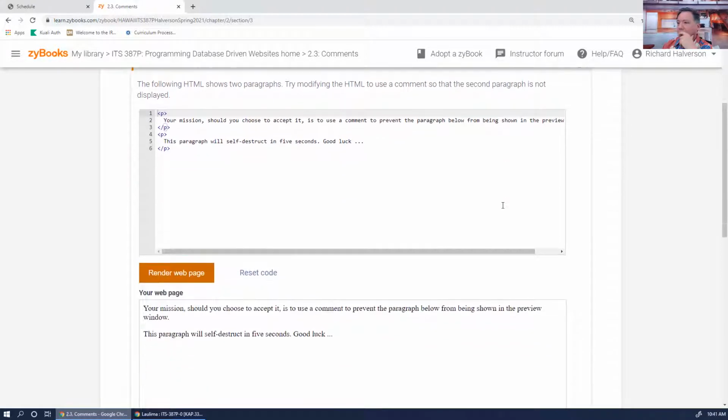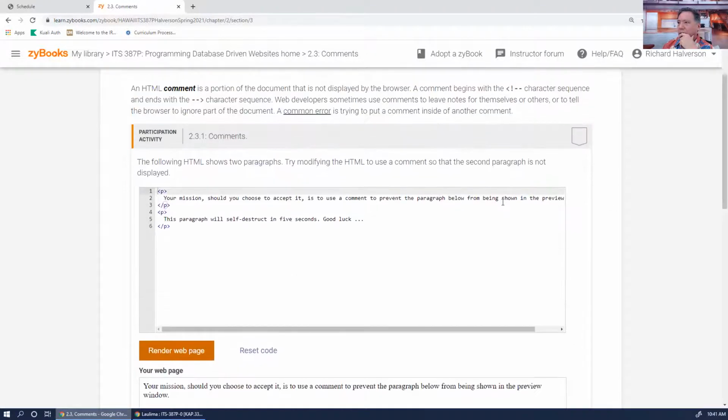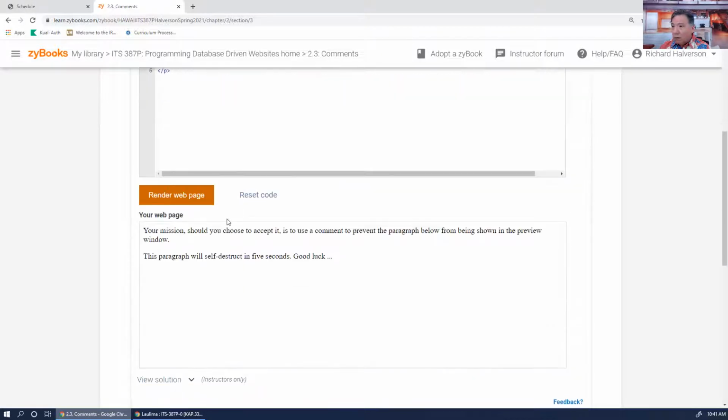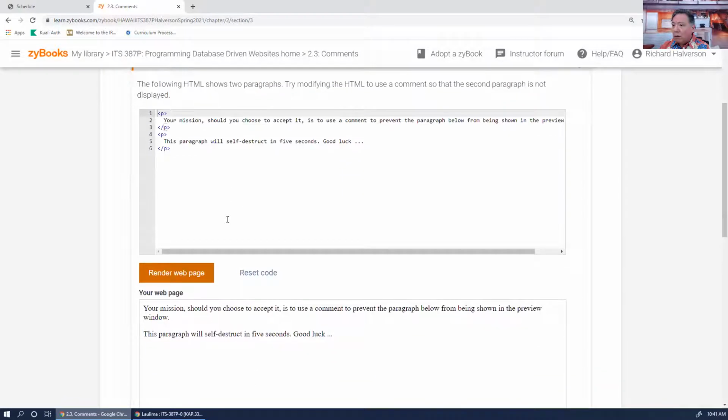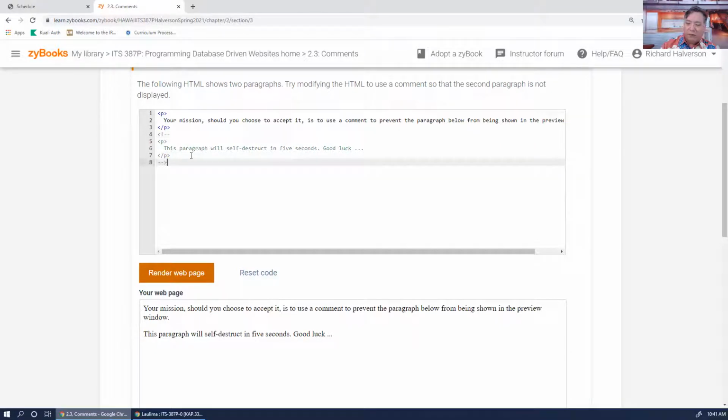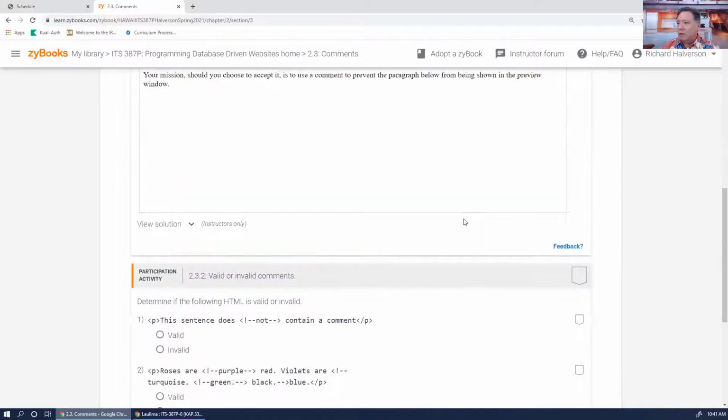Okay, anyway, so this is how to put comments in. What are we supposed to do? Try modifying the HTML to use a comment so that the second paragraph is not displayed. Well, I would just make it a comment. That's the start of a comment. And this is the end of the comment that you started above it. And that should make, okay, anyway,